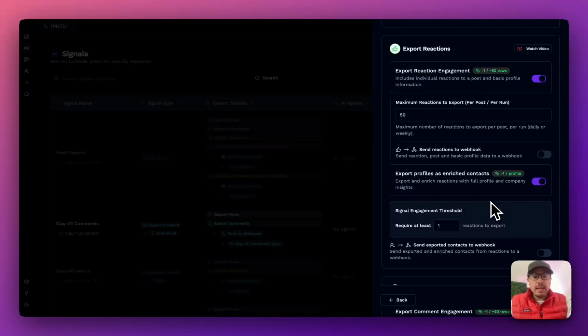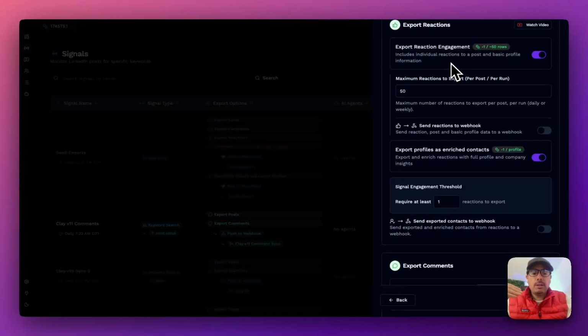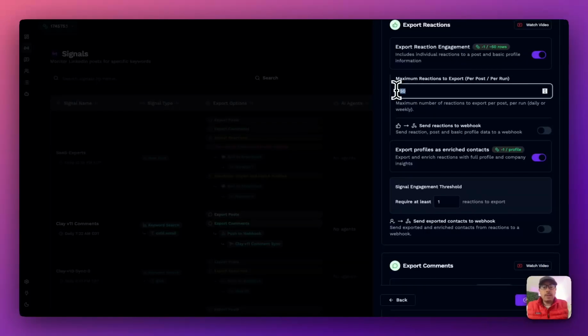Now, when you get into engagement, you can configure what type of engagement data you want to get back out from the post. The two types are reactions, so likes, and also comments. For reactions, you select how many reactions you want to pull at a single signal run. In this case, this means we'll get 50 new reactions, if they exist, of course, every day that the